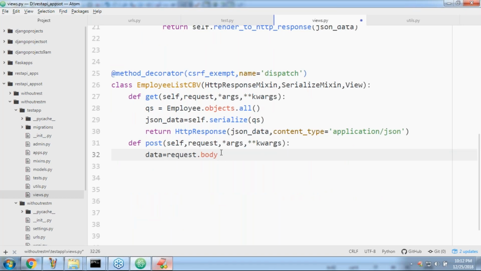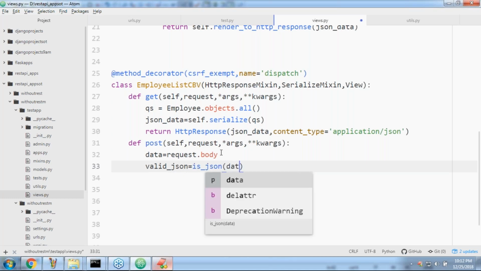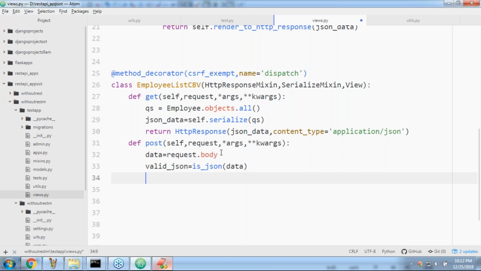Okay, now I have to check whether it is JSON data or not. valid_json is equal to is_json of data, sir. I'm just calling that function. Boss, is it JSON data or not? It returns true or false.